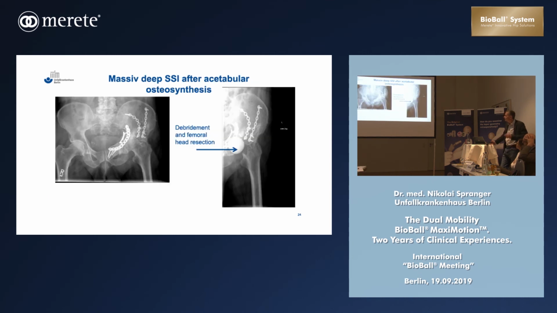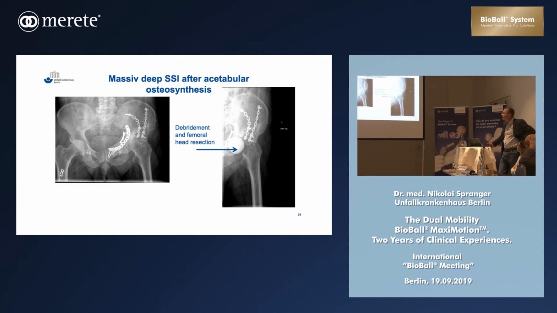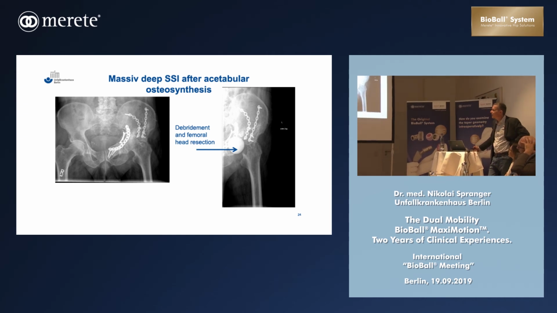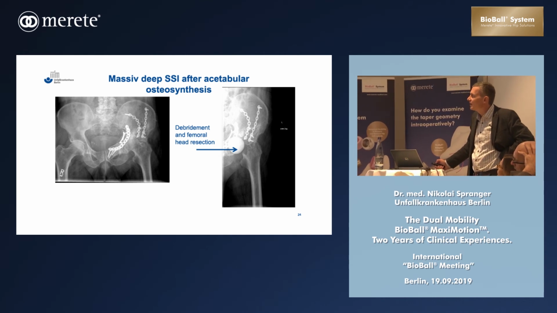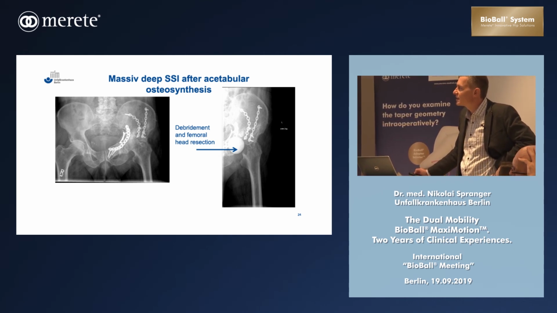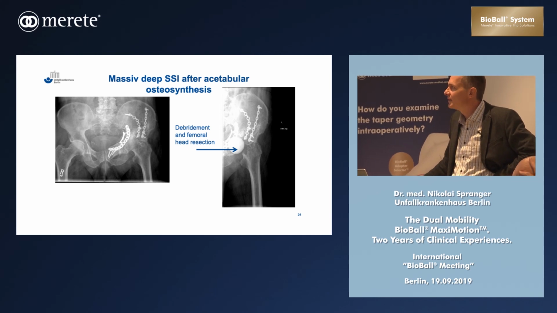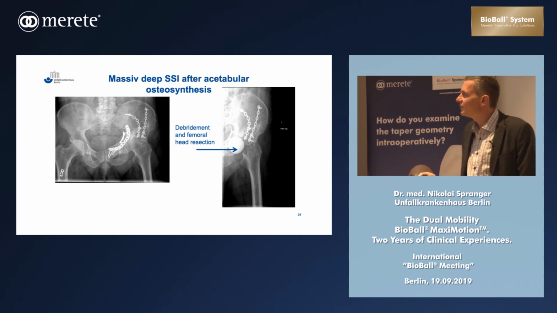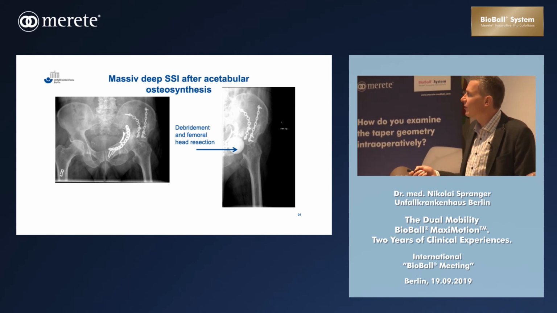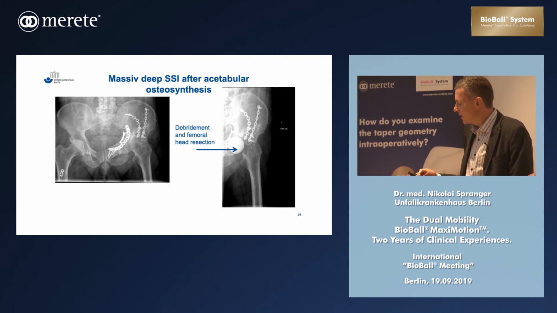This is a case from my unit from septic surgery. He had a severe hip and pelvic fracture, and had an infection there up to the psoas muscles, and we did several revisions, but we couldn't get rid of all the material because it was an early onset infection in this case, and the whole thing would have collapsed. So we did a resection of the femoral head and put a spacer in, and treated him with the adequate